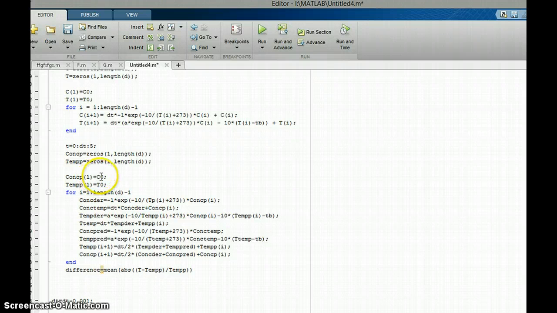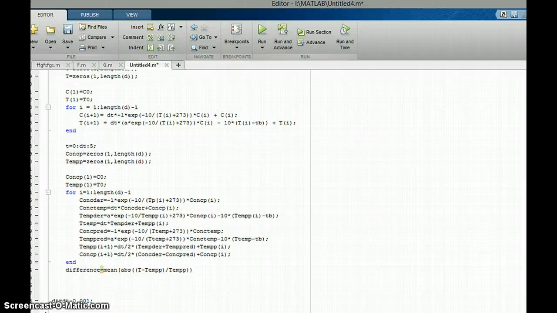We again put in our initial conditions, which we have at the top of our code, and we use the basic format for the predictor corrector method that can be found on the slides from lecture, and we insert that into our for loop. We end our for loop, and then finally we find our difference,